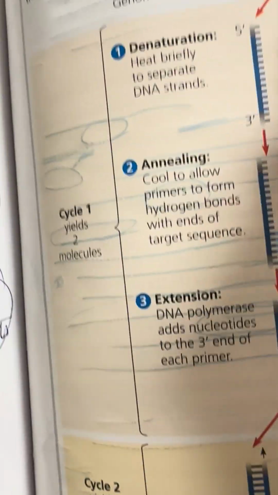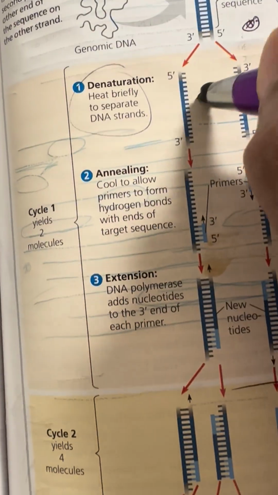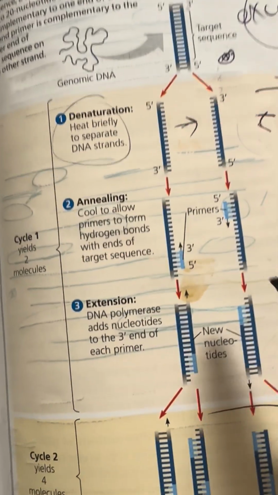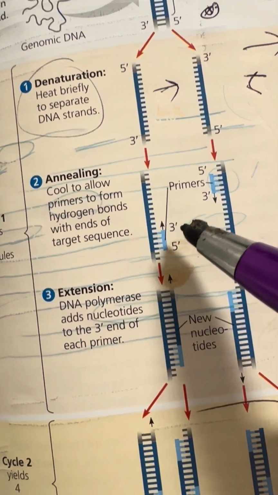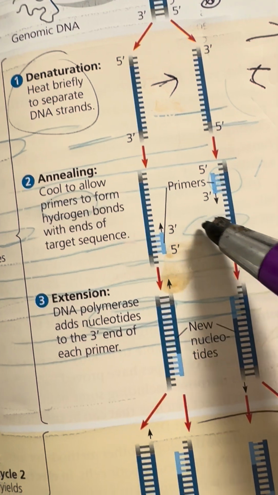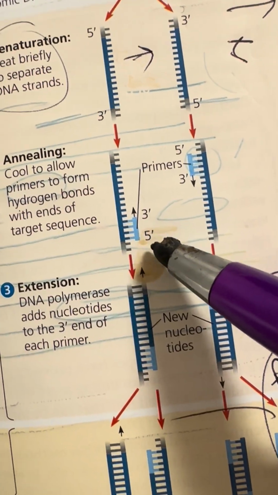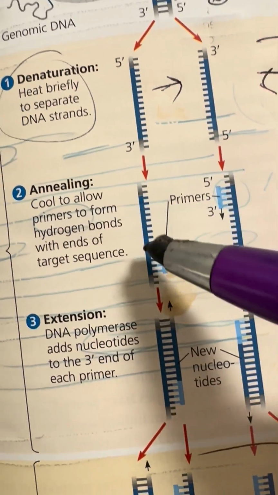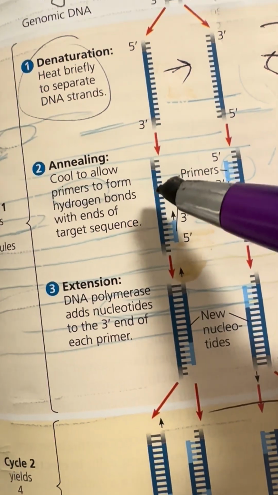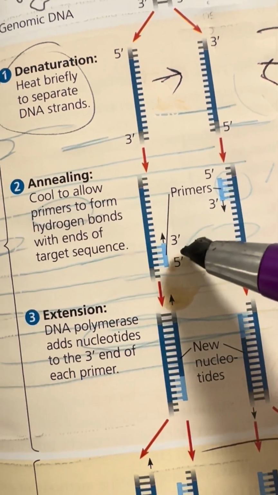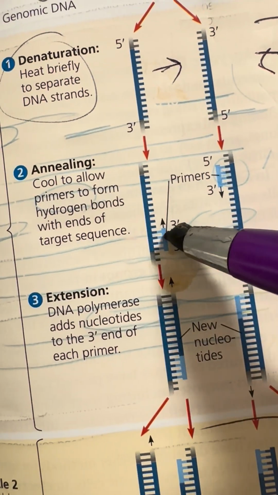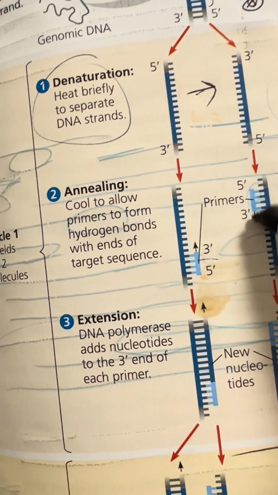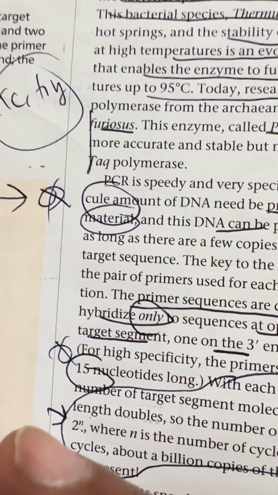So first you heat it up, and that separates the hydrogen bonds. Then you cool it with primers on each end. You have no idea what the sequence is. Now, the tricky part is, how do you get the primer in there? I'm not really sure about that part. But anyway, the bottom line is this: